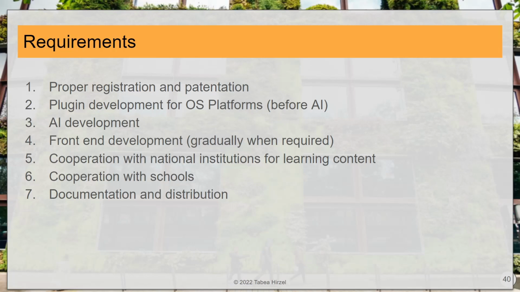A front end would be nice as well. Of course, AI development is a key, but as I said, more also as a thought experiment. If we achieve it, that would be fantastic, because we could really start thinking about using IoT, the Internet of Things, as a kind of learning platform. Perhaps we will not even need any learning platforms in the future. We just need a browser. That is, yeah, my idea somehow.